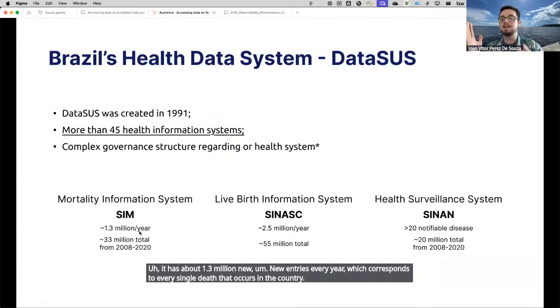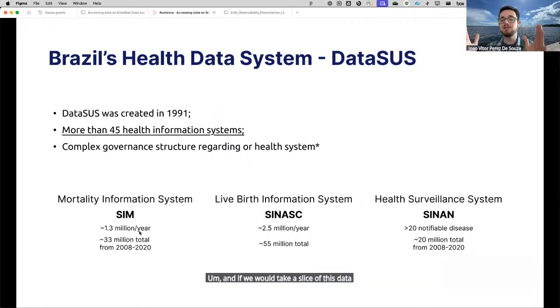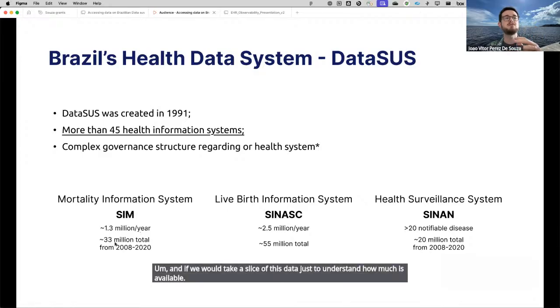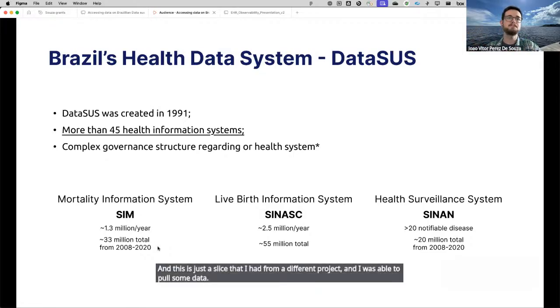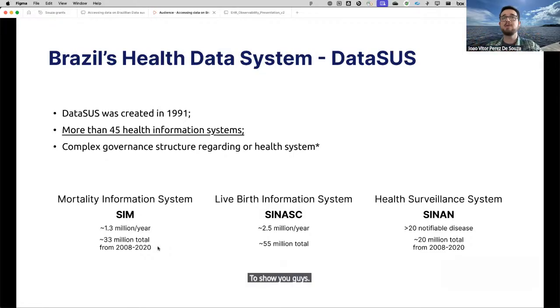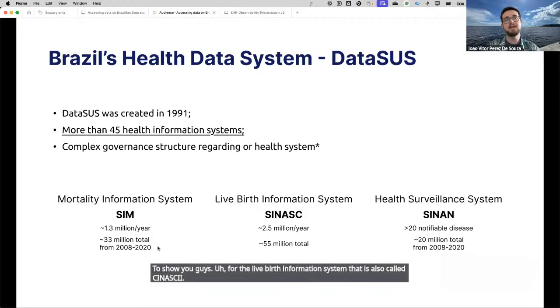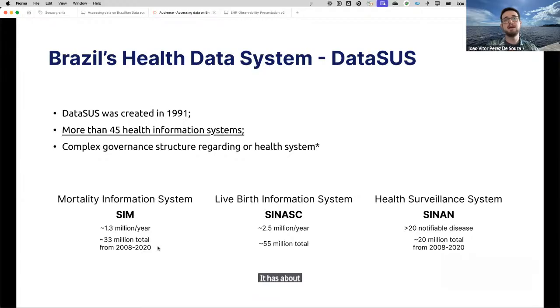And if we were to take a slice of this data just to understand how much is available, we would have 33 million total entries from 2008 to 2020. And this is just a slice that I had from a different project that I was able to pull to show you guys. For the live birth information system, also called SINASCI, it has about 2.5 million new entries.